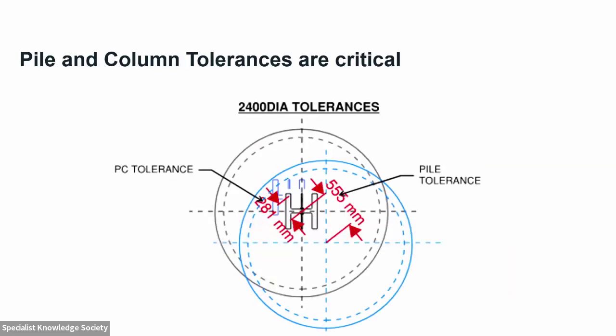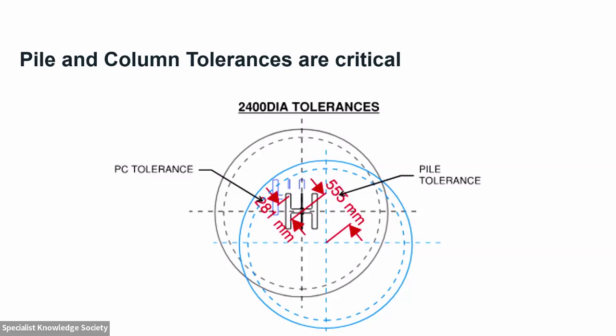And the key thing, I think, which needs to be considered more often than not, is the fact that you've got a pile tolerance as well as your column tolerance. This is quite a complicated little picture, I apologise, but the black shows the ideal, or theoretical, position of your pile, with your column right in the middle of it. The blue then shows, at the depth of your cut-off level of your pile, which may be 15-20 metres below the level you piled from, the position that your pile may have moved to based on standard piling